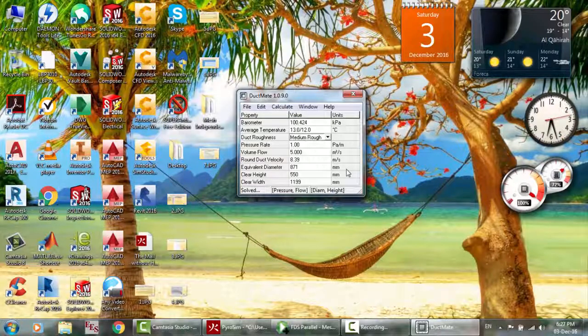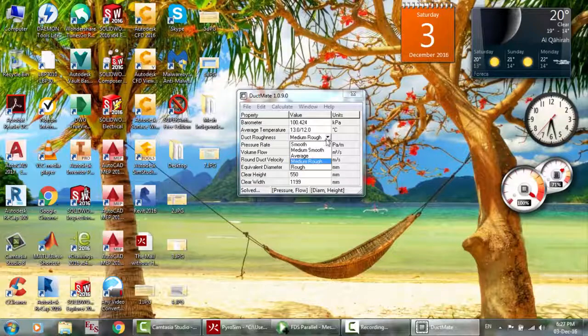This lining material is for lining the duct to decrease the level of the sounds or the noise. Okay, so this material is some kind of rough, so we use here medium rough,